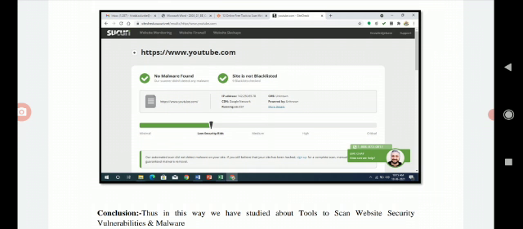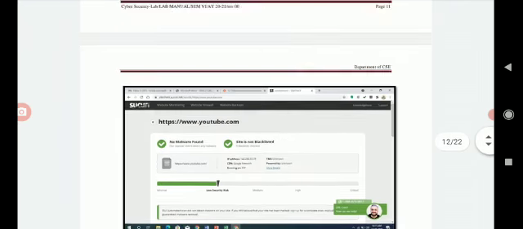Here we can easily check whether this particular website has low risk, medium risk, high risk, or critical risk.